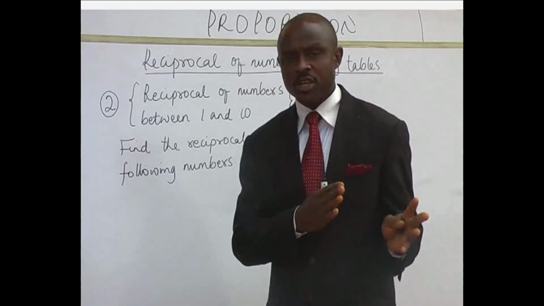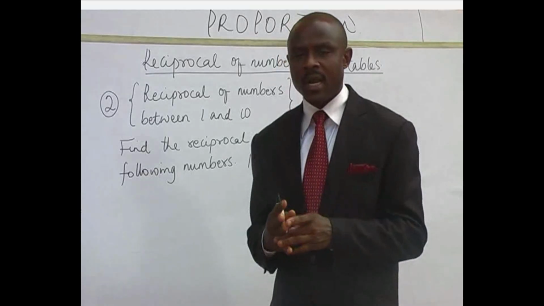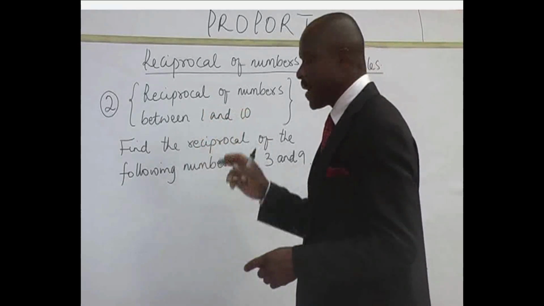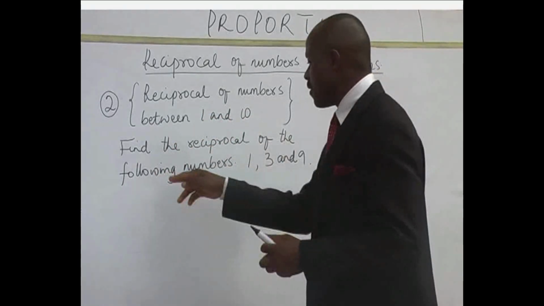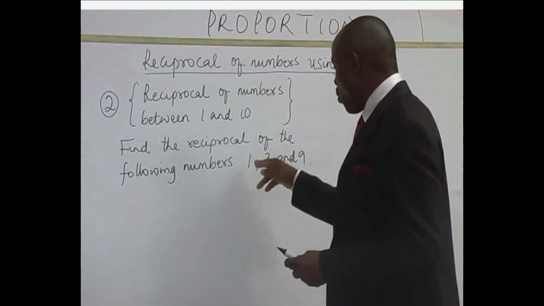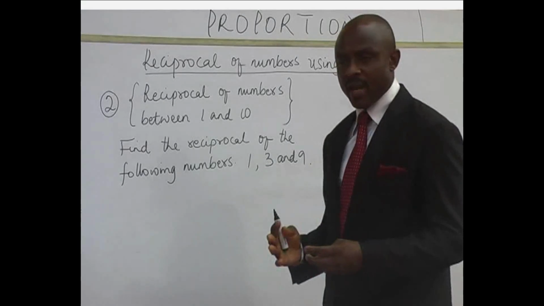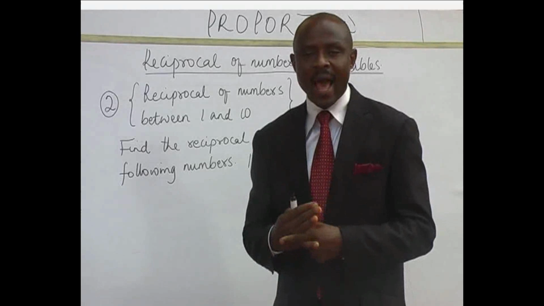We have finished the discussion on reciprocal of numbers less than 1. Now we are into reciprocal of numbers between 1 and 10. And we are told to find the reciprocal of the following numbers: 1, 3, and 9. We are going to use these 3 to explain how to go about the reciprocal of numbers between 1 and